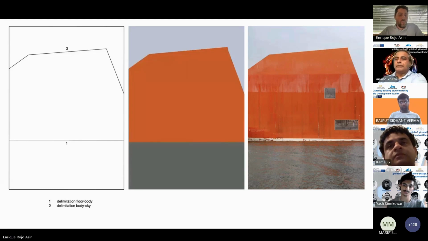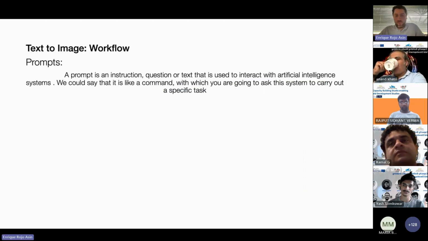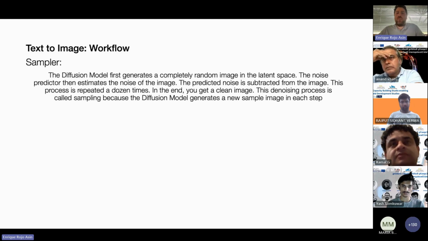Then obviously you have the prompt, with which you condition all these databases. You're trying to give a kind of instruction, an order, so you can somehow refine. And then you have the sampler, no?